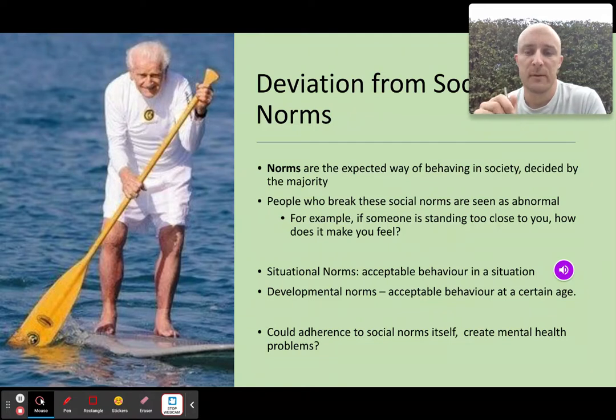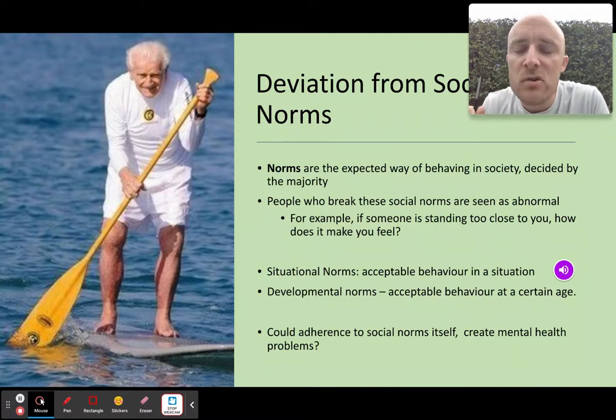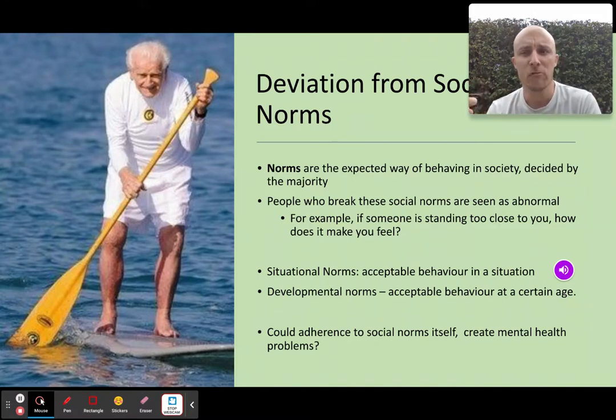So let's go into a bit more detail here, because you can break this down a little bit more. People who break the norms are seen as abnormal, right? Fine. Another one that I quite like, actually, is it's a social norm to shake someone's hand when you meet them. What happens if they lean forward and try to put their nose against your nose and wiggle them, like that? Now, in Maori culture in New Zealand, that's how people say hello, but we shake hands. So we would consider that person to be abnormal because they're deviating from what our social norms are.